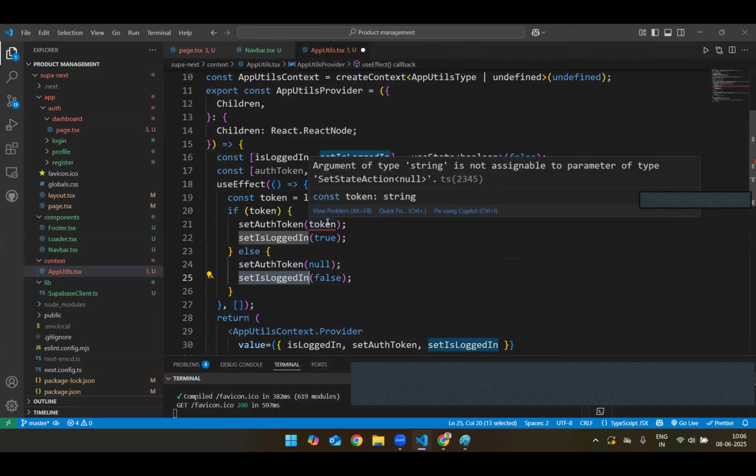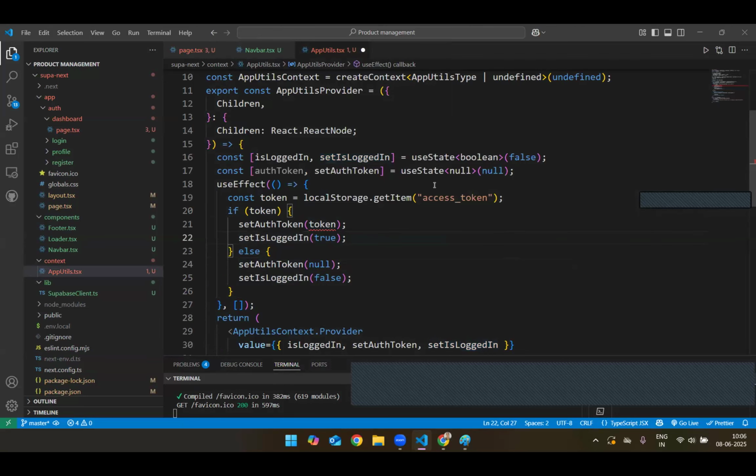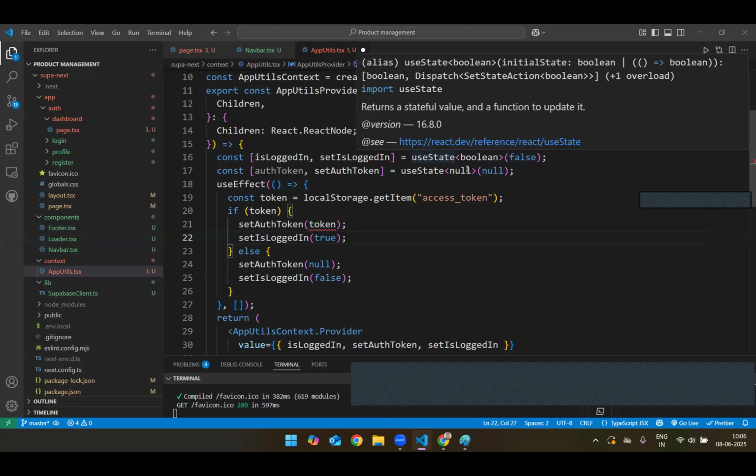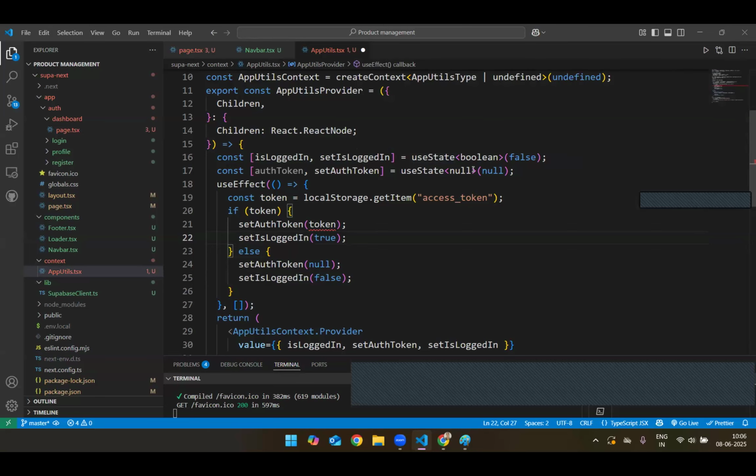So why is it showing an error? Because in the set auth token we have only null, so we can say a string value is also acceptable. This token is a string value. Then after,